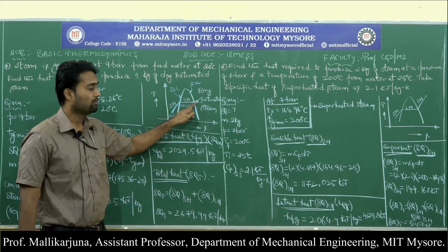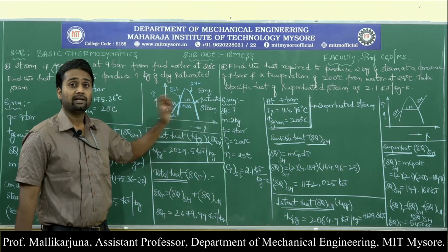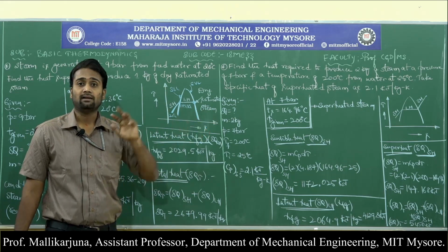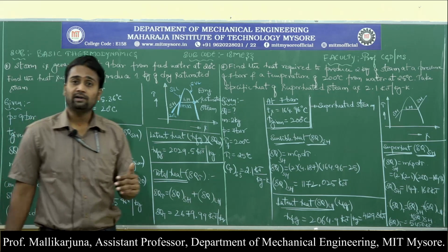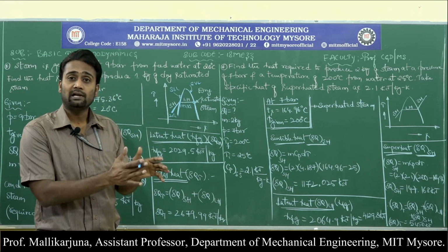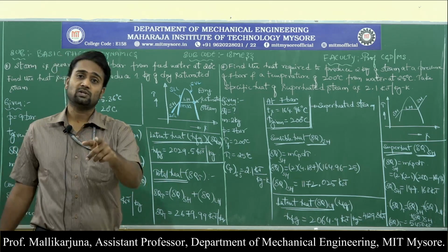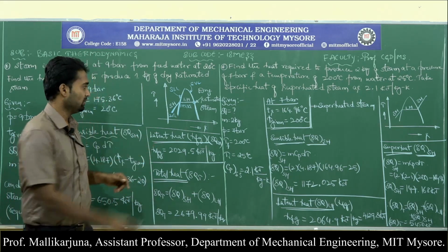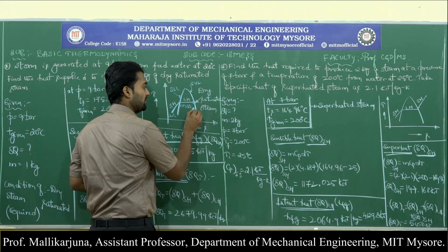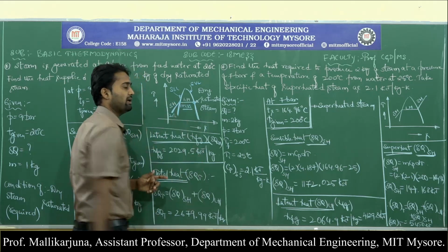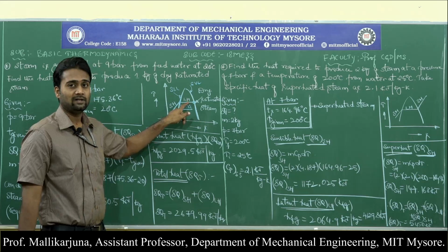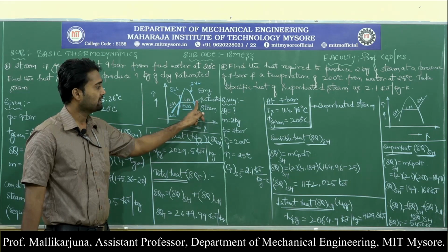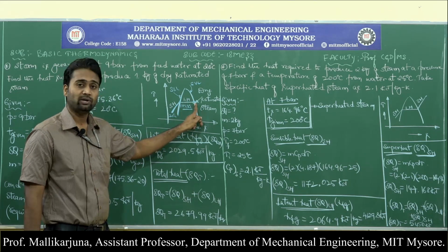Here within the dome, the temperature increment will not happen, but phase conversion happens. The amount of heat which is required to convert saturated liquid into saturated vapor is called latent heat. So here it is the same temperature, 175.36 degree centigrade, but the heat consumption is called latent heat. Now the final form that is required is this point, saturated steam.